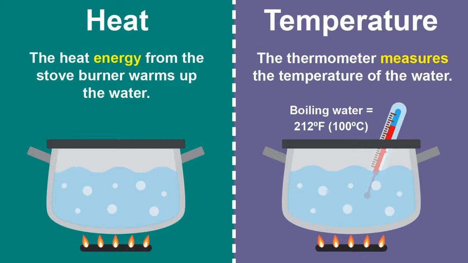What is temperature, on the other hand? The temperature measures how hot the water is. So this thermometer, as we can see in this picture, which is dipped in the vessel, measures the temperature of this water, and we also use a thermometer to measure our body temperature. So heat warms up another object, and temperature, measured by the thermometer, tells us how hot an object or a liquid is.